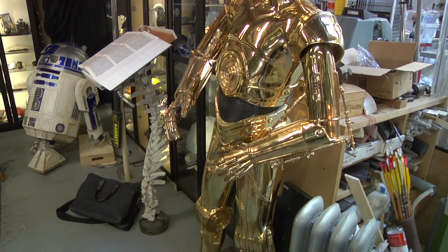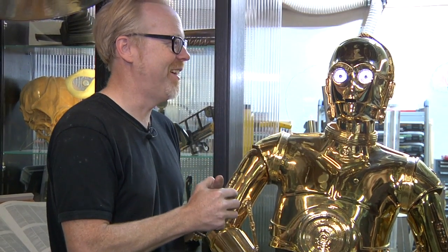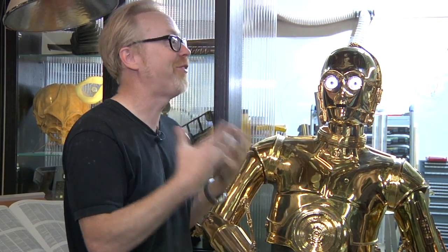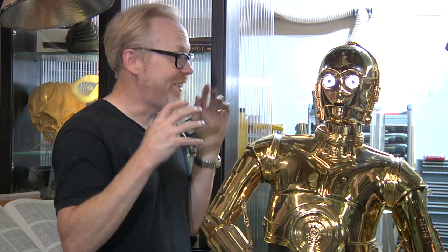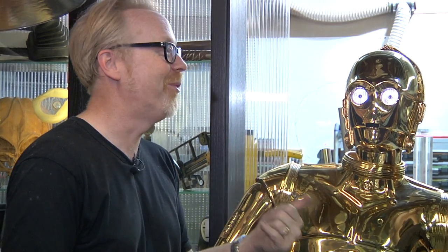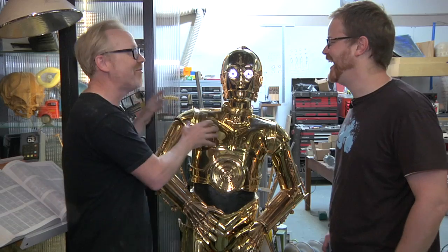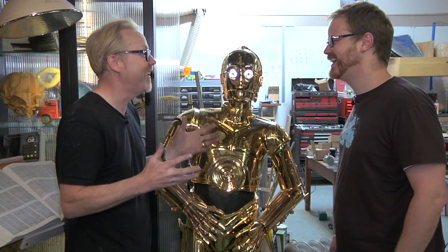This is a lot of vacuum metallizing. Yes, it is. A lot of C-3PO. But two things happened when it arrived. This is all a story told to me by the owner's wife, actually. Their son loves two things in the world: one is Star Wars and the other is Mythbusters. And when this arrived, he kind of went a little nuts in the best way of going nuts,